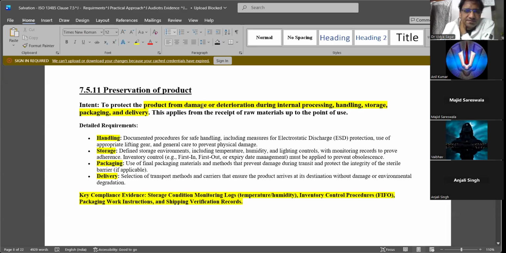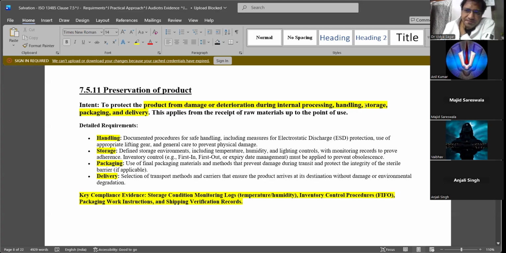One is from damage, so that humidity or temperature won't damage it, including the raw material. I'm saying deterioration basically happens with the raw material during internal processing inside your manufacturing unit.